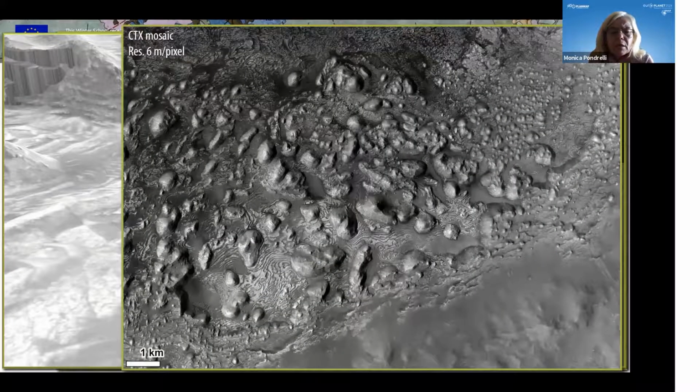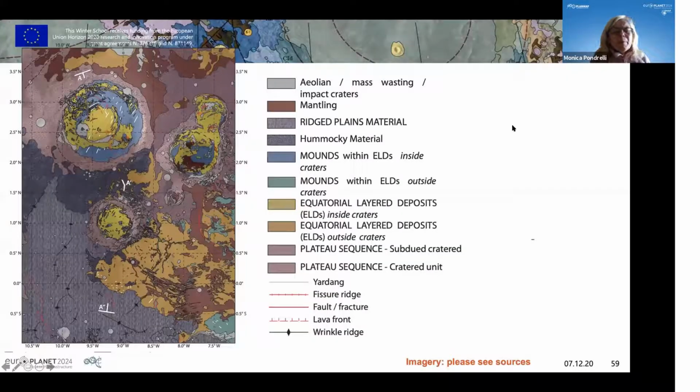Sometimes they are associated with these mounds. The genetic formation of these deposits is still under debate. Probably it is an interplay between aeolian deposition and some spring deposit contribution, both to cement the aeolian deposits, but also to form some of these landforms. But I just wanted to stay one second on